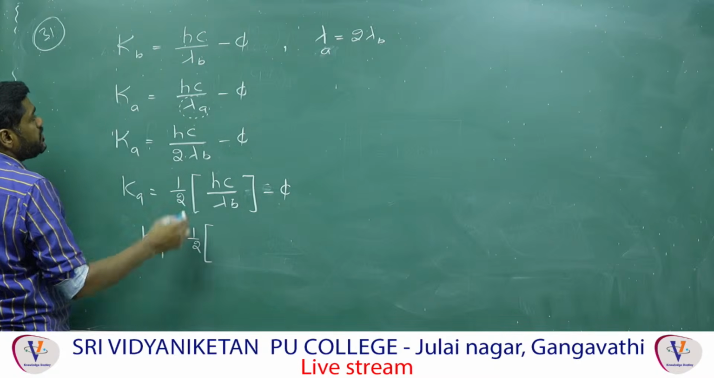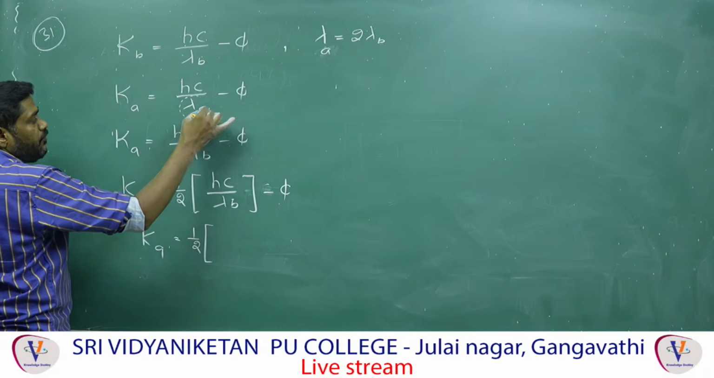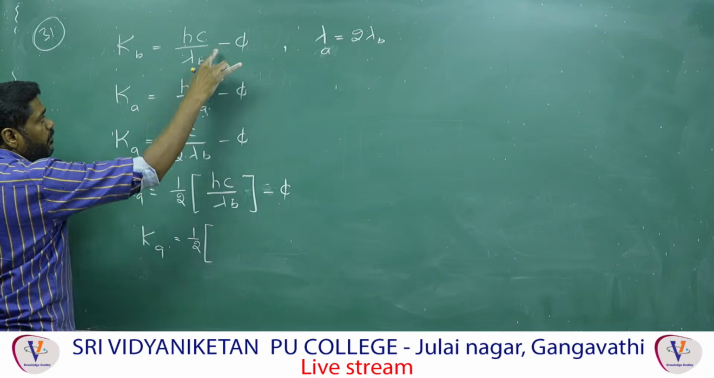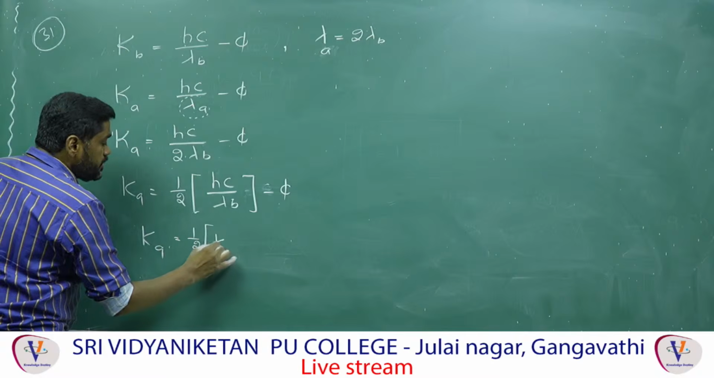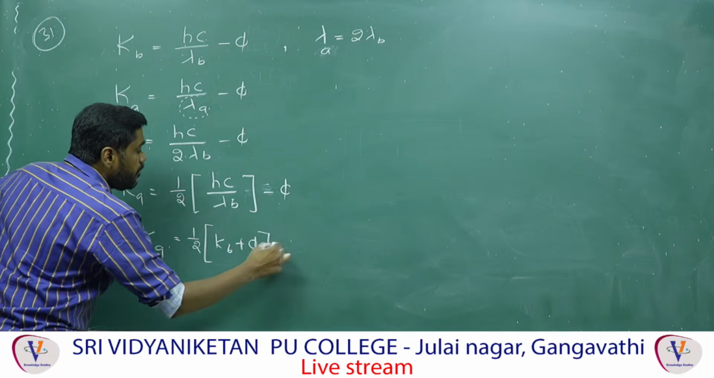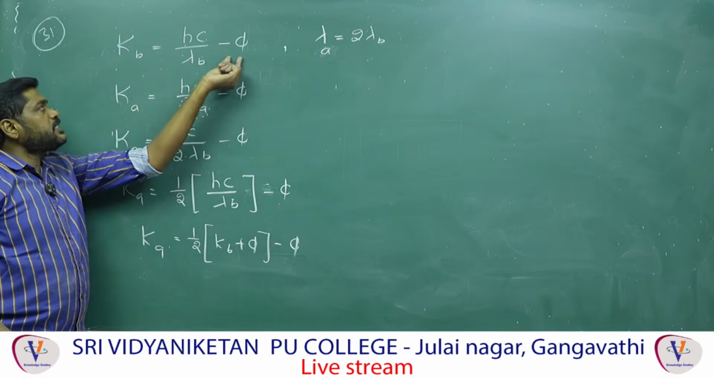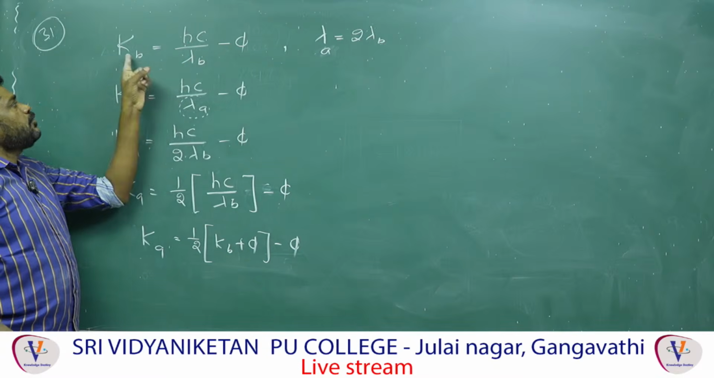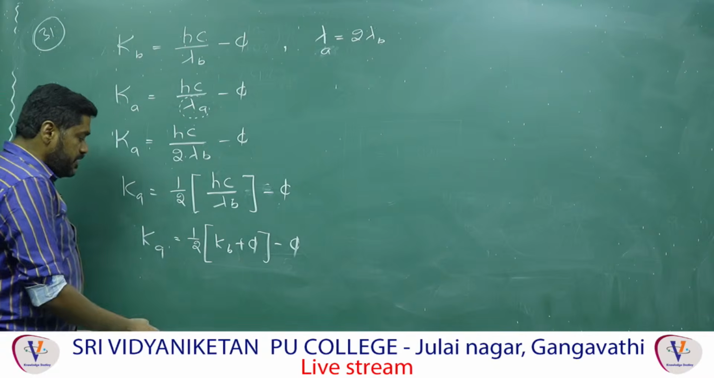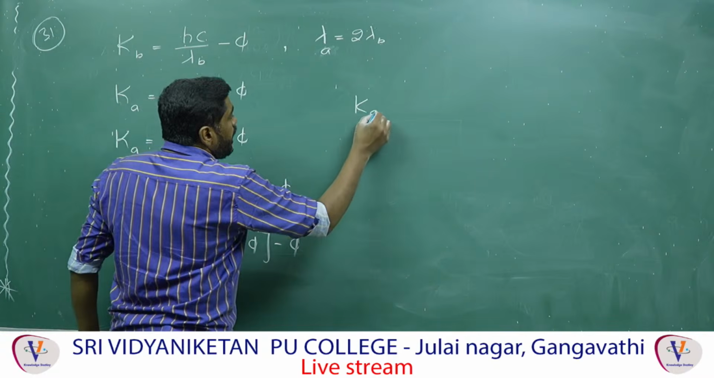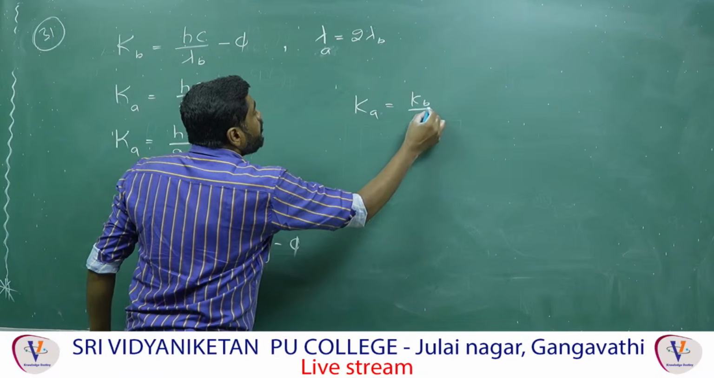Therefore, now what you can get, this is the A. In this case, you substitute. Therefore, in this case, you have substitute now. Therefore, now if you bring this side, what you can get is equal to kb plus pi minus pi. So from hc by lambda, bring the minus pi this side, hc by lambda b is equal to kb plus pi. Therefore, after simplification, you can get the answer ka is equal to kb by 2